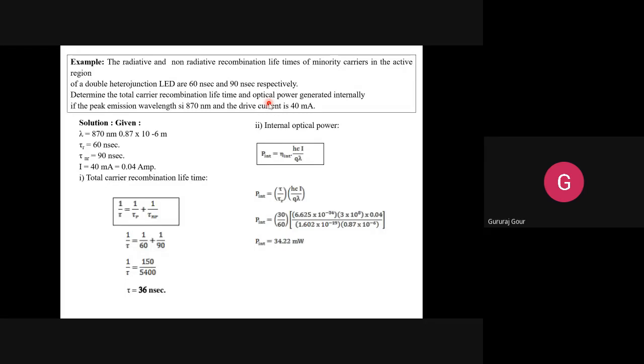I told you many times, the problems you are getting in this subject are down to earth. It requires your attention. Make out what data is given, be clear about it, and be sure about which formula you are using, whether you are using it correctly or not. And use your calculator and handy notes properly. Otherwise, nothing is there. It's very simple.